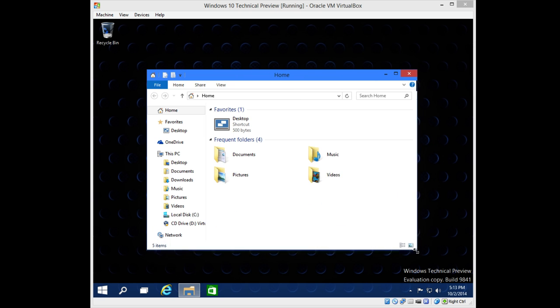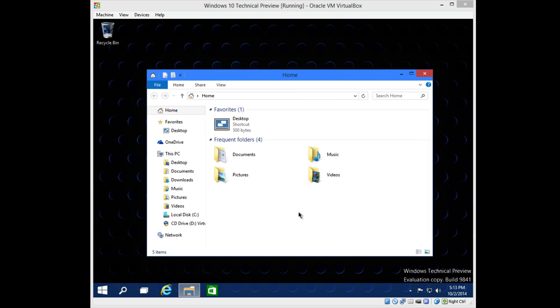Allow me to resize this real quick. You'll notice that it looks a little bit different than how you're used to seeing it. If you're working with Windows 7, it's definitely different. If you're working with Windows 8 or 8.1, it's slightly different. Alright,